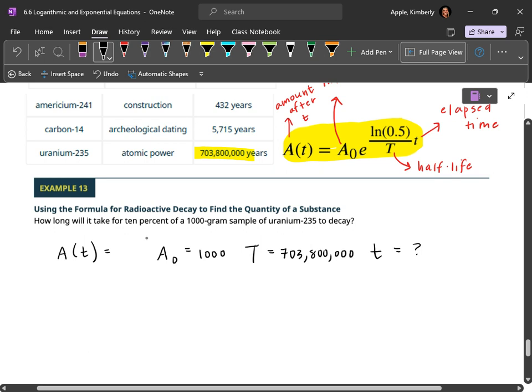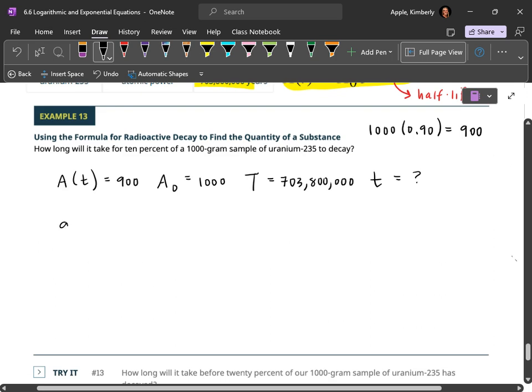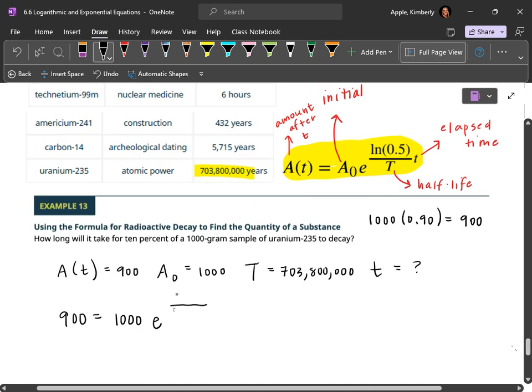And so the amount remaining with 10% being removed is going to be 900, right? So that means if 10% is removed, 90% remains. And so to calculate that, we'll just multiply by that percentage as a decimal, and we'll obtain that 900 should be left after 10% is removed. And so from there, really all there is left to do is to plug this into the formula. So this is going to be 1,000 e. And let's go back up and make sure we can see the formula. So this is going to be all in the exponent ln of 0.5 times t, which is what we're solving for. And the half-life is actually this god-awful number,